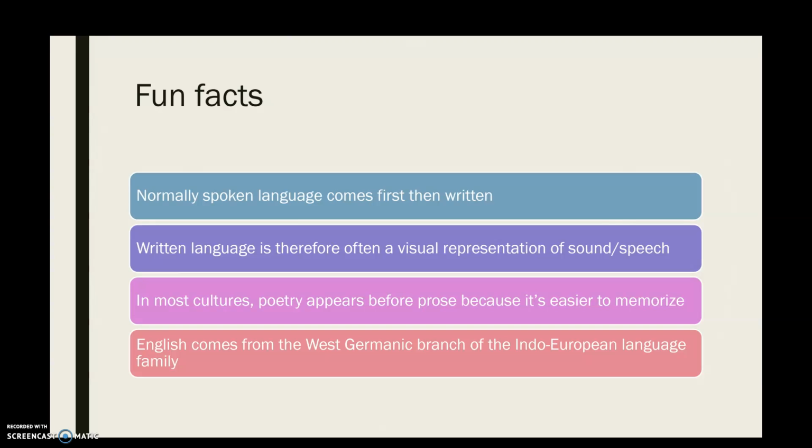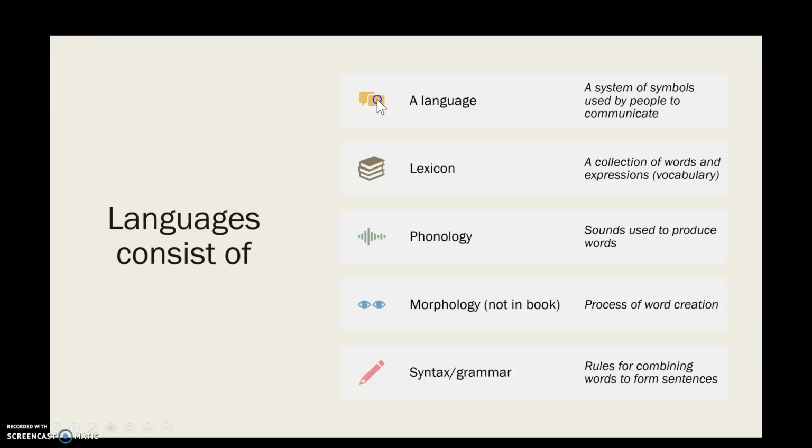In fact, some of the crazy grammar rules we have, maybe you struggle with comma usage, or you're not sure why you can't split an infinitive, a lot of those were artificially added in the 17th and 18th century by a bunch of grammarians who thought it would be fun to make English more like Latin. And it's ended up causing a great deal of confusion ever since. So those are just some fun things about language and speech that I thought were interesting and maybe relevant here. But we'll go back and talk more about what language is and how languages work now.